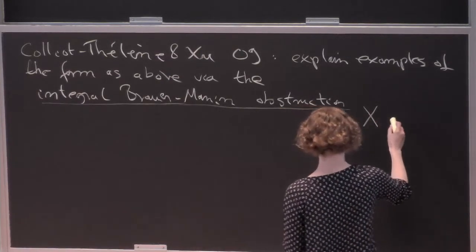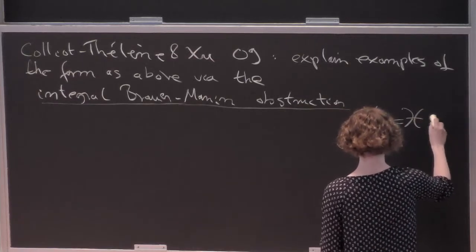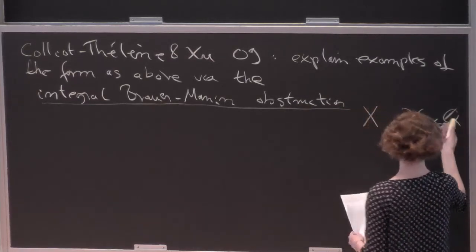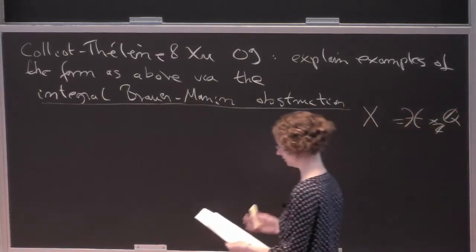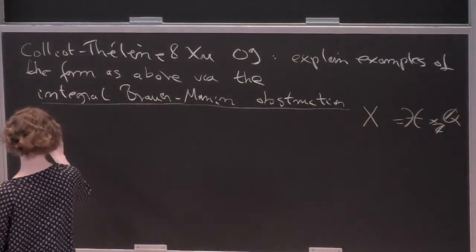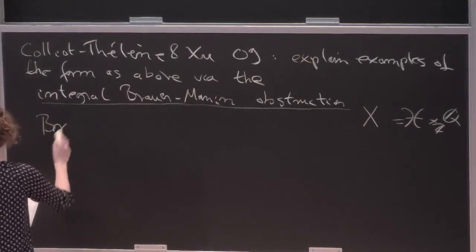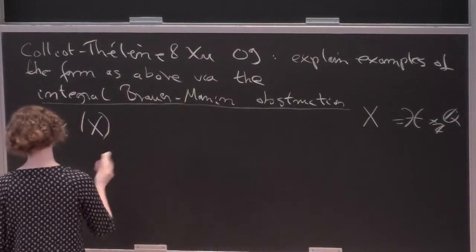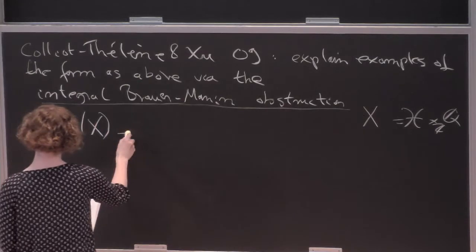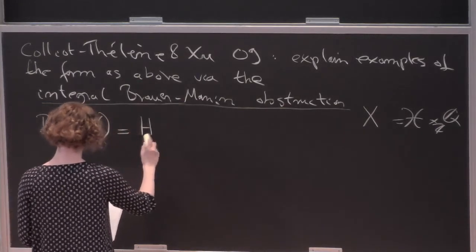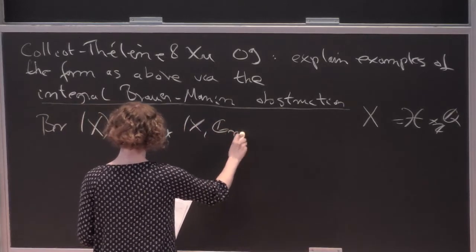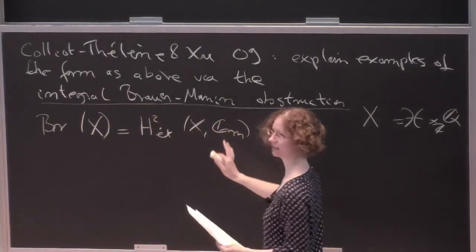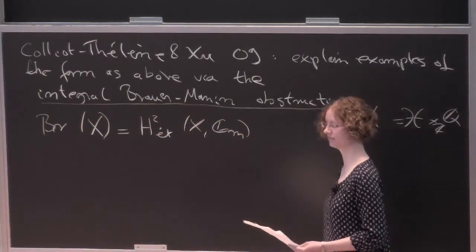I write X if I think about the system of equations just defined over Q. So I base change to Q, a variety over Q, the same thing, but think of it as a rational variety. Associated to a sufficiently nice variety X is its Brauer group, which formally is defined as a second étale cohomology group, but we will not use this definition in this talk, so I just put it here.